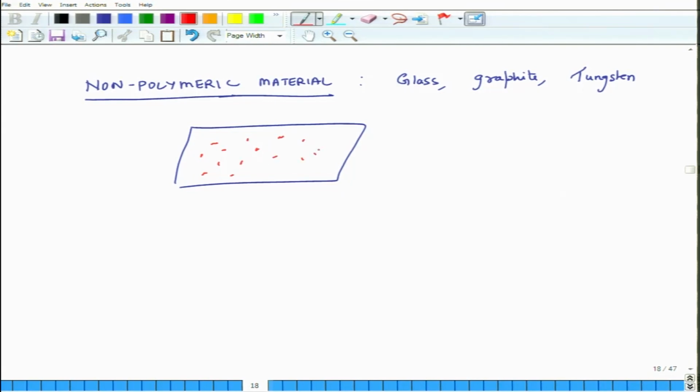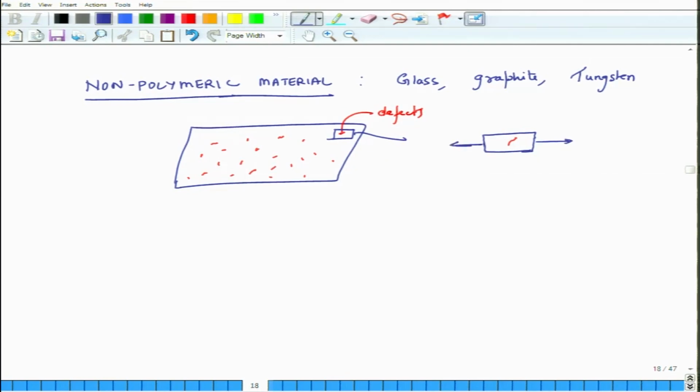Okay? So, these are all defects. So, these red things are defects. Okay. And if I zoom in on this very small area, then what do I see? I will see, so this is a zoomed in version, I will see a defect something like this. Okay. And now, if I pull this material